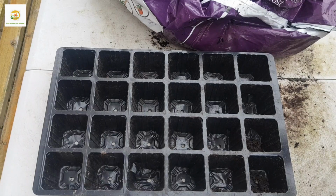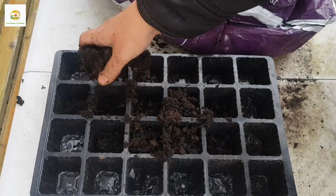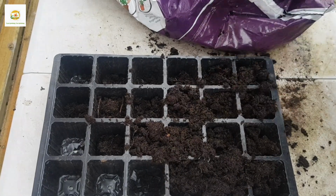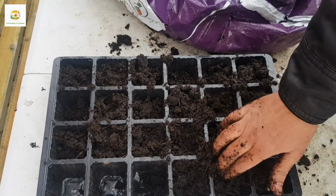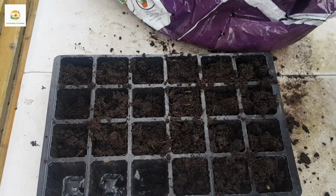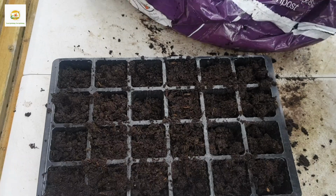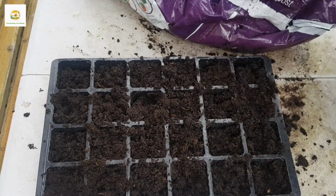So here I have got this 24 seed starting tray, and I'm going to sow the rest of tomato varieties in this seed starting tray. And the same principles I will follow. Fill the tray with multi-purpose compost which is pre-moistened, not overly wet, and nice and loose. Pack the compost in the cells so there are no air pockets, and then sprinkle the seeds on the surface. I will be sowing 2 to 3 seeds per cell, and then cover them with a fine layer of compost